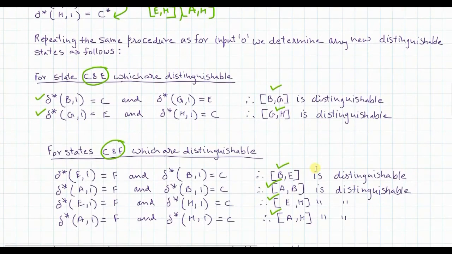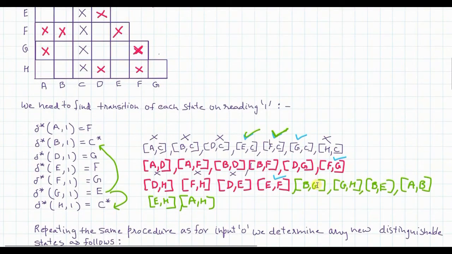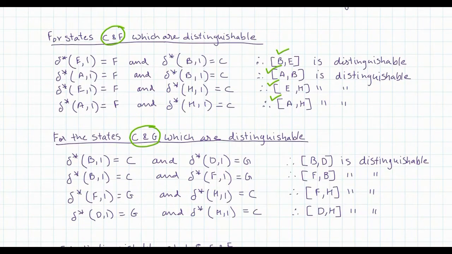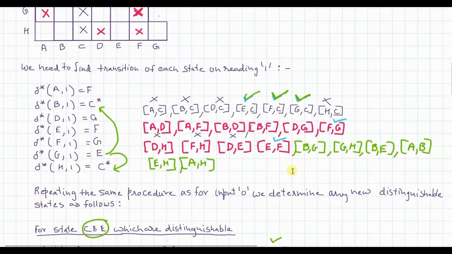Okay. Now we are going to find for the third possibility, that is G and C. First thing, B on 1 gives you C, D on 1 gives you G. Since C and G are distinguishable, I can easily say that B and D is also distinguishable. So the first pair that I get is B comma D. So I add B comma D here,